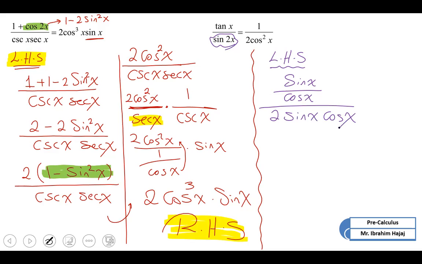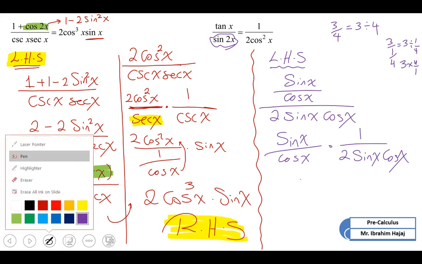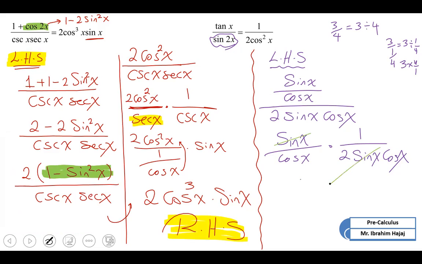And we know when we divide any 2 fractions, we can write it as one divided by the other, and then keep, change, flip, right? So this is what I'm going to do here: sine x over cosine x, and flip the other denominator as 1 over 2 sine x cosine x. Yes, we can simplify here. We can cancel out sine x with sine x, and then